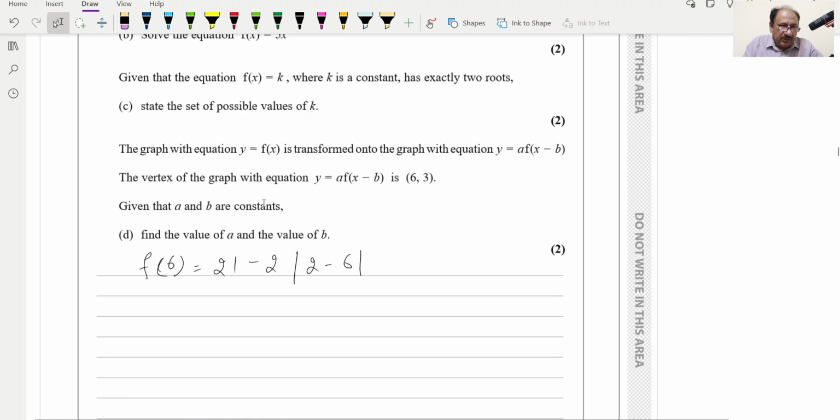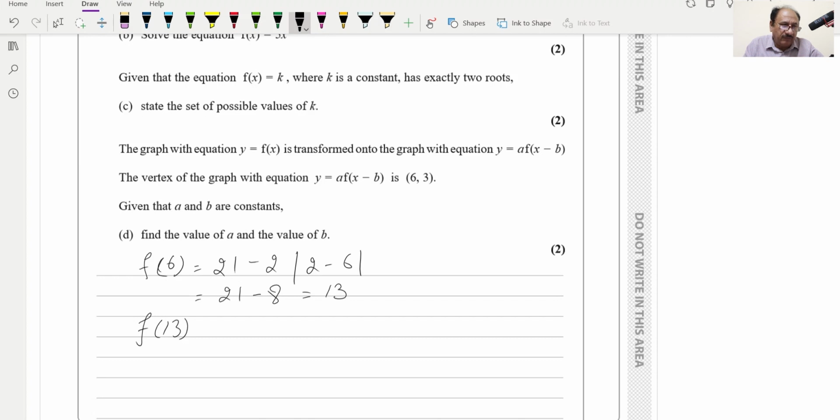Now we can simplify. This will be 21 minus 2, and this will be minus 4, so this will be positive 4, always plus value 4, so 4 will be multiplied by minus 2, so we'll get minus 8, and 21 minus 8 will be 13. So f of 6 is 13, so now we can find f of 13